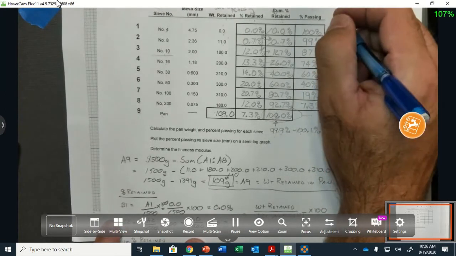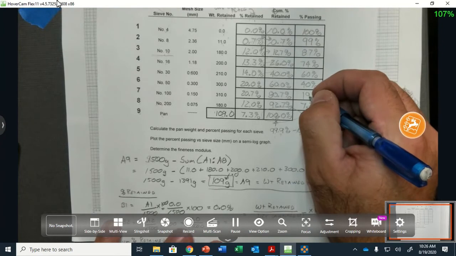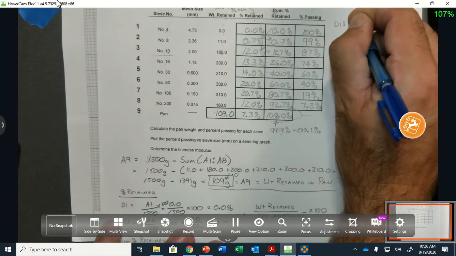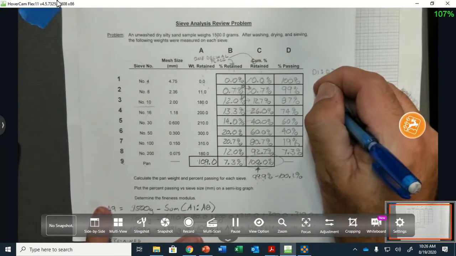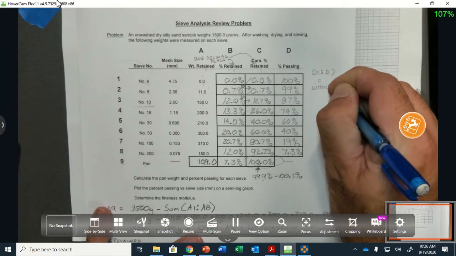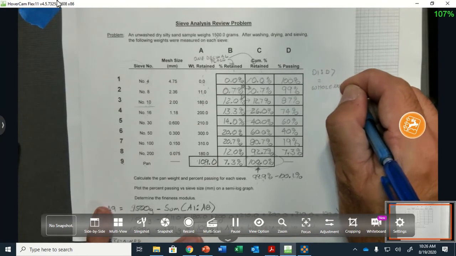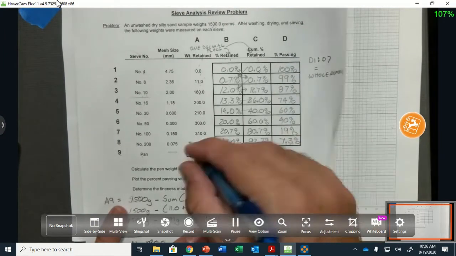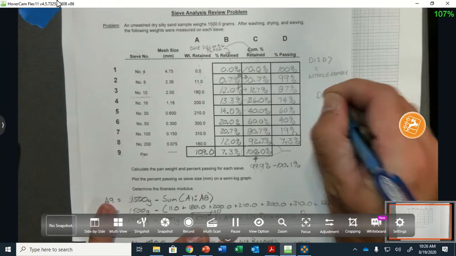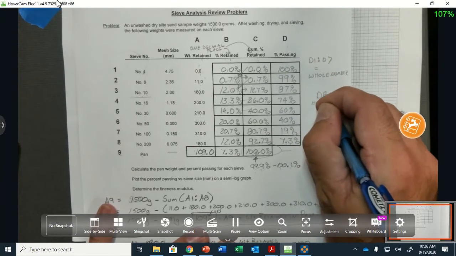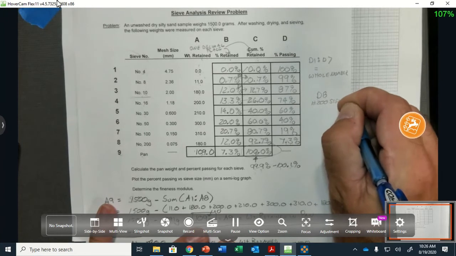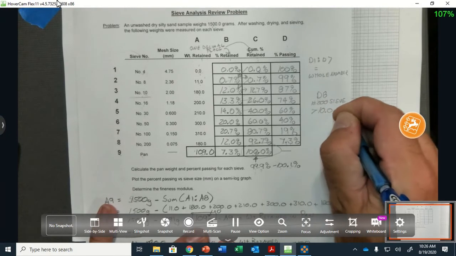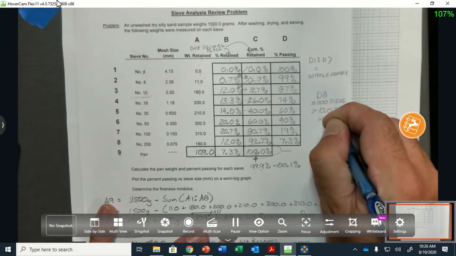So from D1 through D7, D1 through D7 equals whole number. And then column D8, or the number 200 sieve, greater than 10.0% is a whole number,